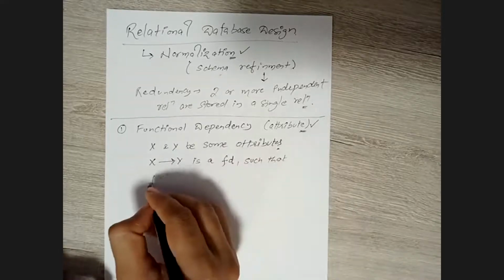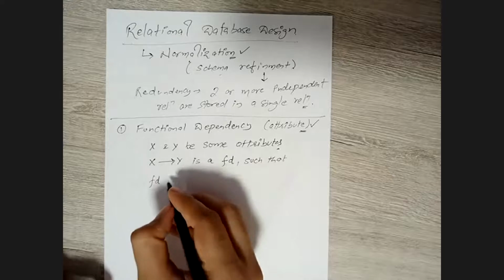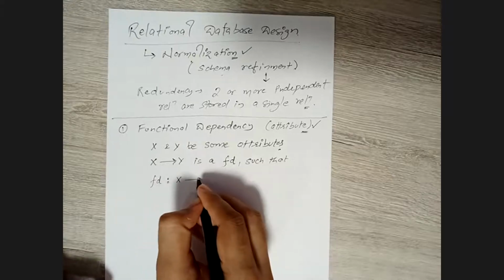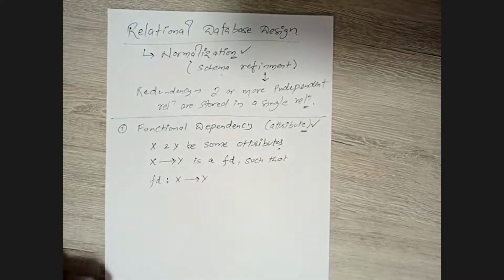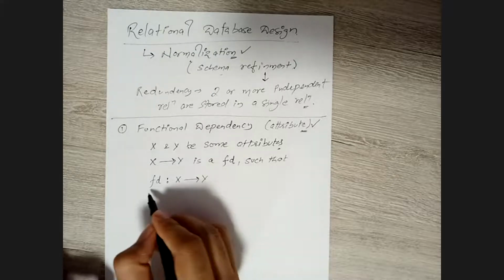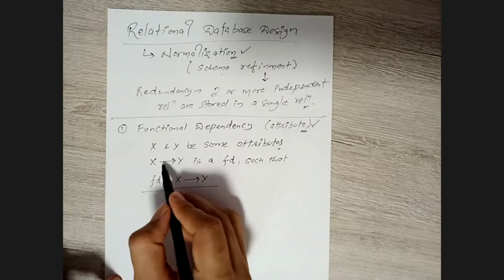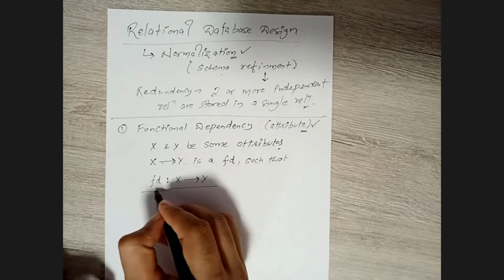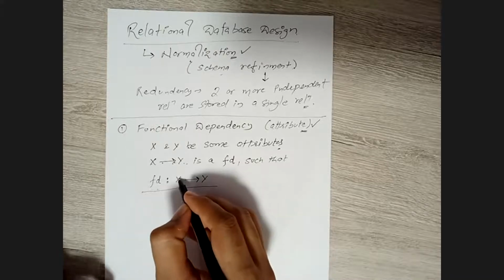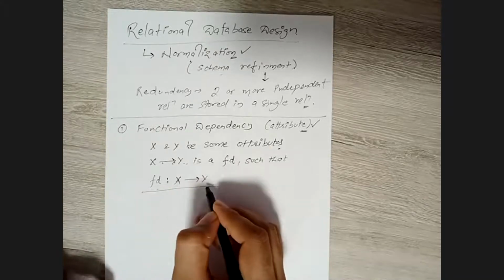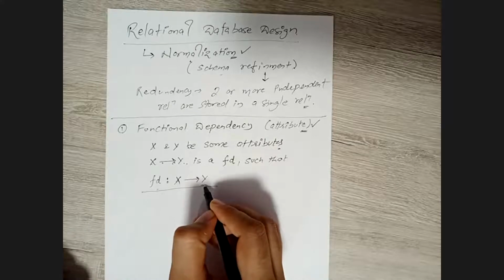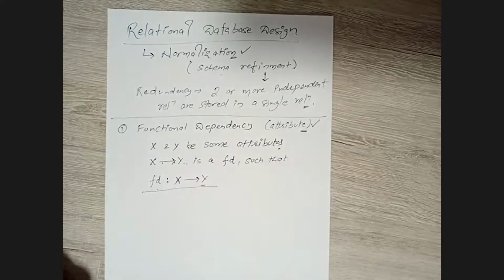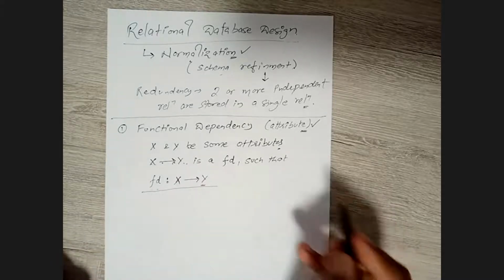Such that if there exists a function, for example, an FD, it has to determine the scenario. Try to understand, right? I'm saying that X arrow Y is a functional dependency. When I say that there exists a function, there exists some function that says that if I give you the value of X, you can compute the value of Y.